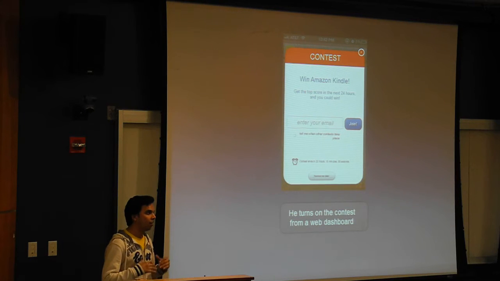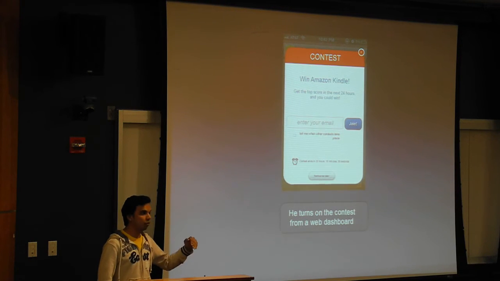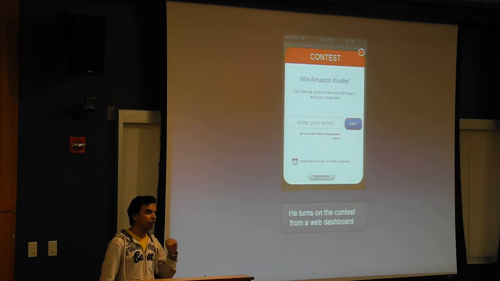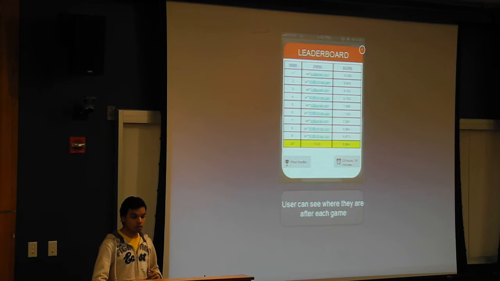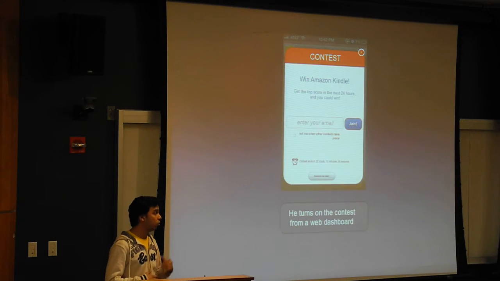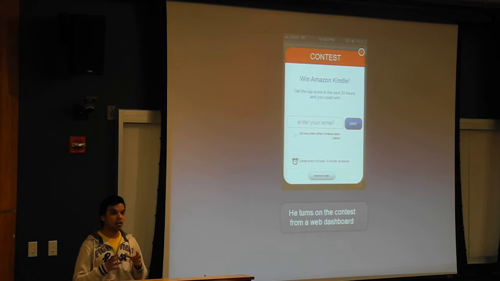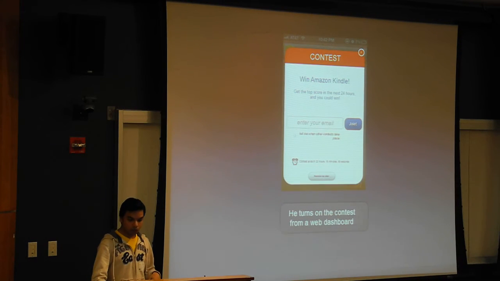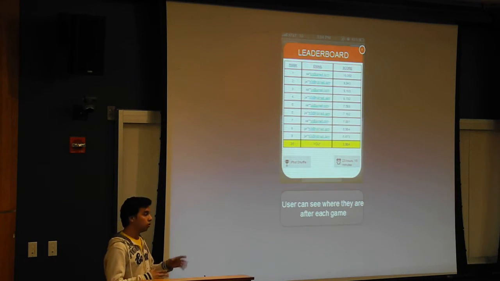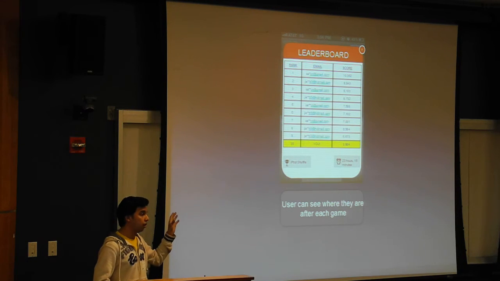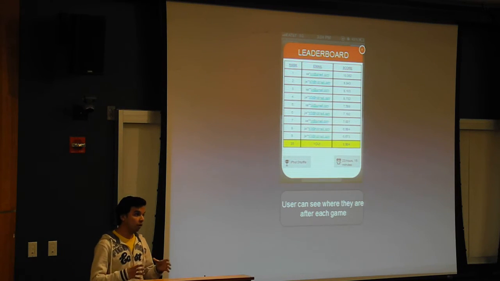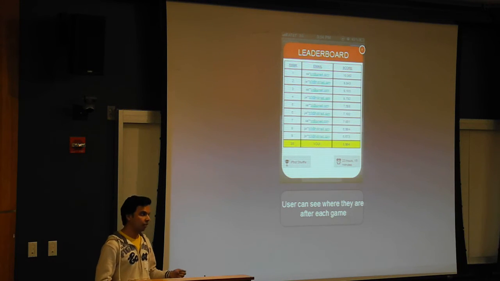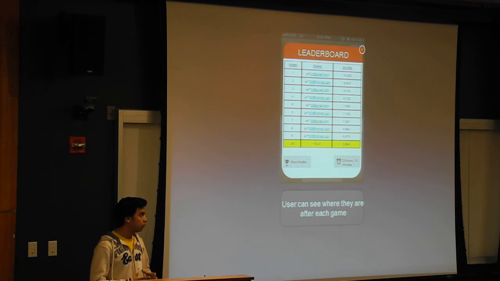Gamers right now spend hours and hours ending up on the top of the leaderboards, but they get nothing for it. Tapfame gives them real prizes and gets the app developers user engagement. Users who used to play their games 2 times a day now play 20 times a day because they want to win real prizes. After each gameplay, users see the leaderboard, so they know exactly where they are and where they need to end up in order to win a prize. This happens after every gameplay. As soon as you finish a game, you see where you are, and you're right away playing another game. So this brings engagement through the roof.